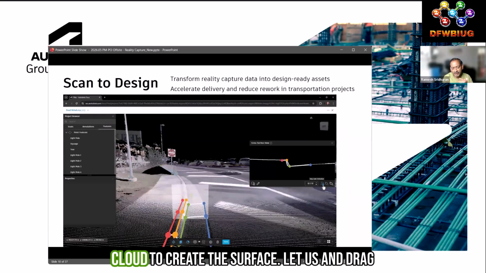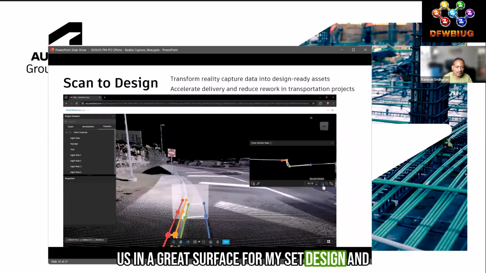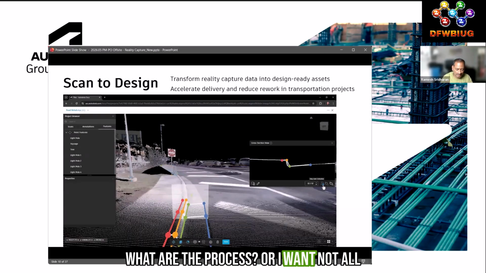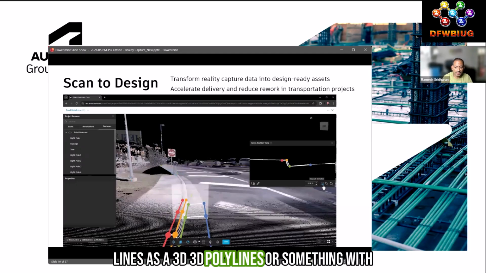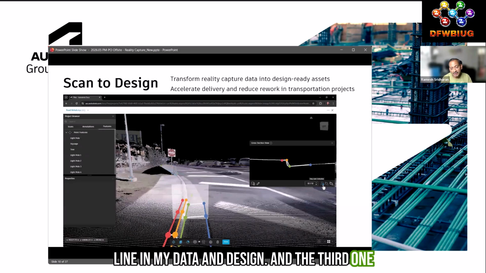One is I want to get the point clouds to create the latest and greatest, accurate surface for my site design. Or, sometimes, I want to extract the feature lines as 3D polylines with the feature codes so that I can continue with them as break lines in my detailed design. And the third one is